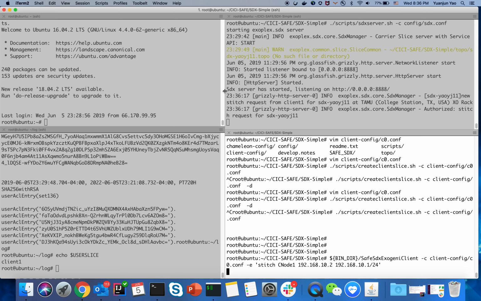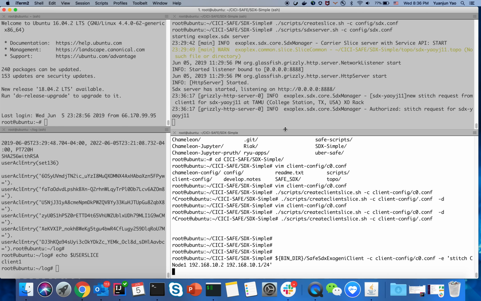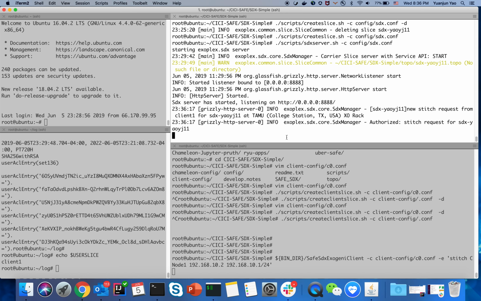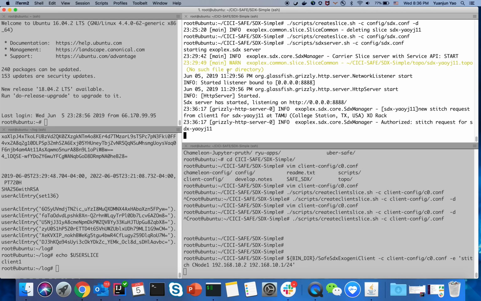We can see that here the authorization has passed. The stitching request is authorized. So now it's performing the authorization process. When the authorization fails, possible causes are, first, it might be that the rack IP address of those safe servers is not set correctly. On the authorization node and the client node, we are able to tell if the rack server IP